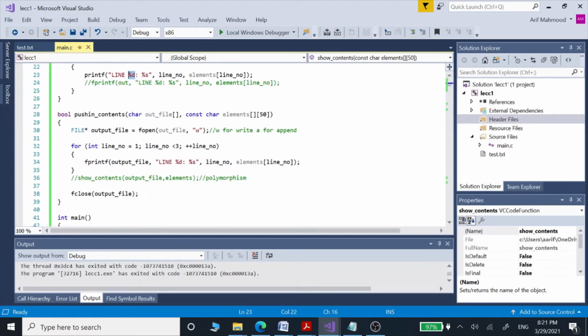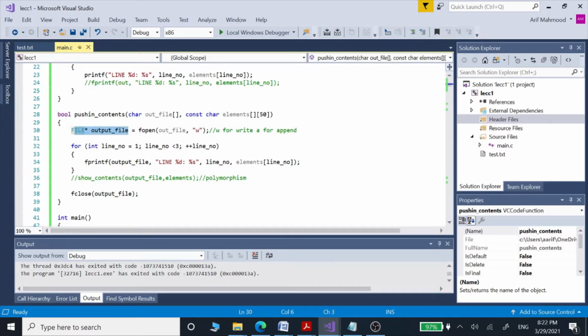After this, we have the third function, which is going to put the contents of this string array into our output file. This is the first parameter, this is the second parameter, and we again use the fopen function to open our output file to write, using this w, and then we define this file handle.